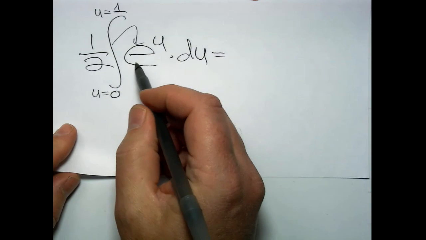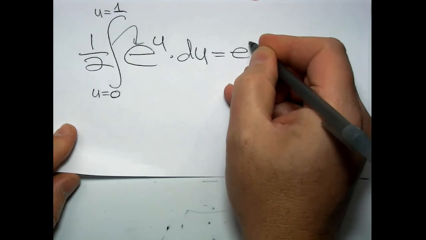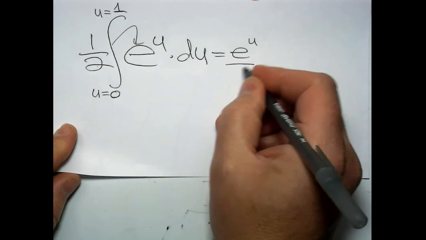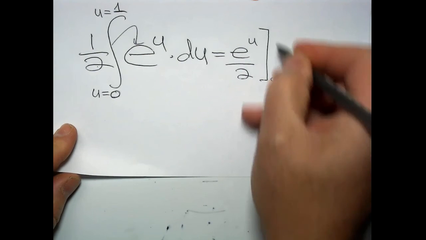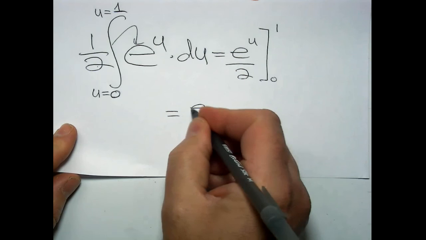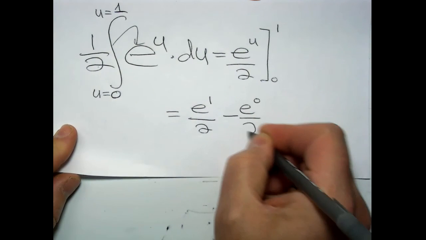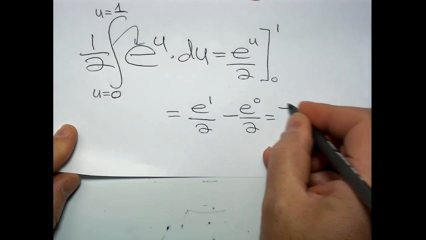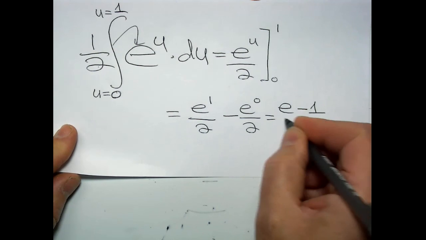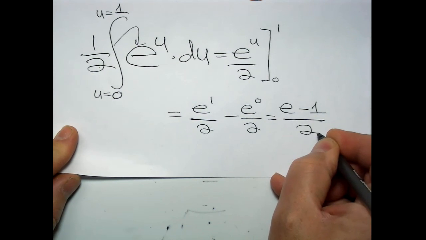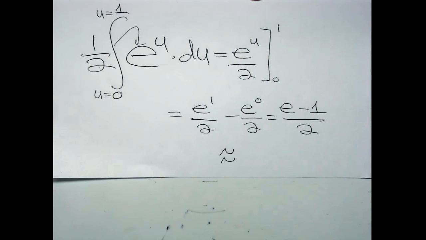Look how easy this is. E to the u du, that just is e to the u. Oh, let's not forget the half over there. And then we have to put a 0 and a 1 in. So what do we get? E to the 1 over 2, minus e to the 0 over 2, which is e minus 1 over 2, which is approximately